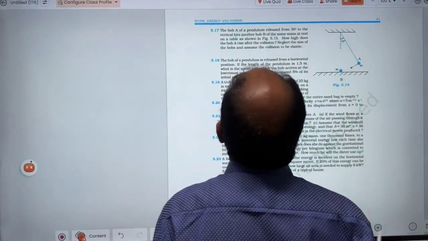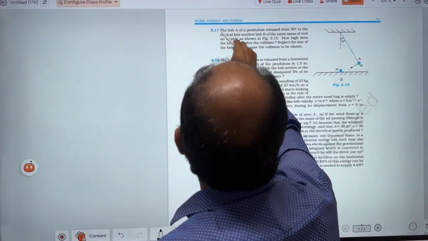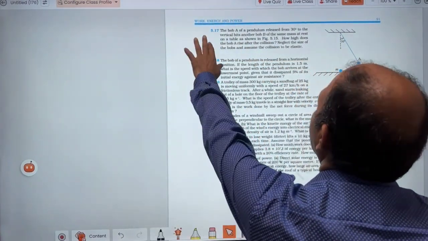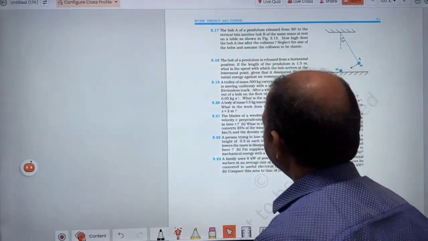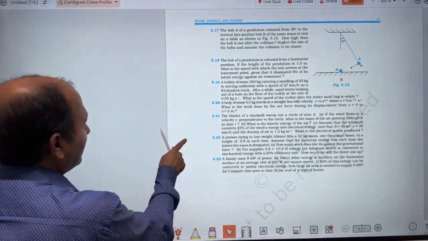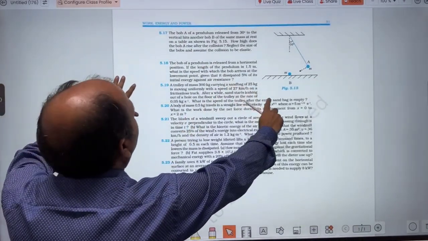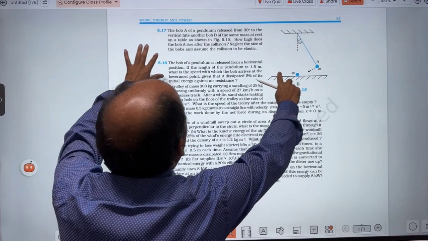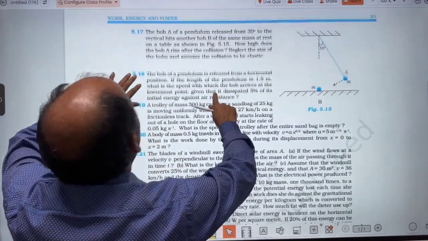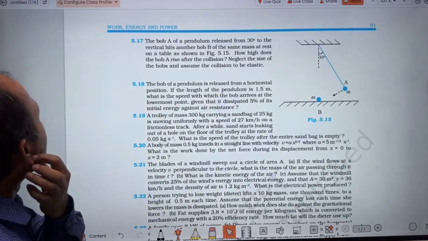Today we are going to continue with the questions in chapter Work, Energy and Power. I think the page is visible. I am making it a little bigger so that you can see. Here we are going to do question number